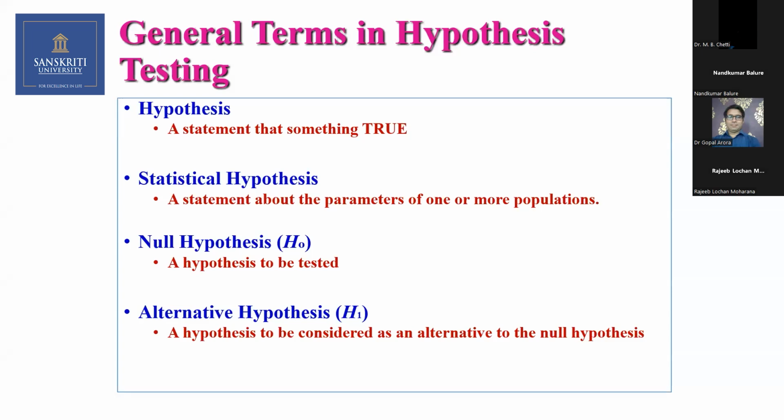The null hypothesis is a hypothesis which needs to be tested. It is a hypothesis of no difference. When I talk about the height of the people of Karnataka, and I'm comparing with the people of UP, my assumption says that the height of the UP people is on par with the height of the Karnataka people. That is the null hypothesis. There is no difference. Mu1 is equal to mu2. Mu1 stands for UP and mu2 stands for Karnataka. Then the alternative hypothesis is alternative to the null hypothesis, or the opposite of the null hypothesis.